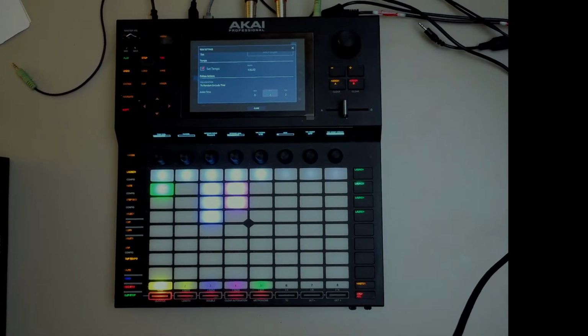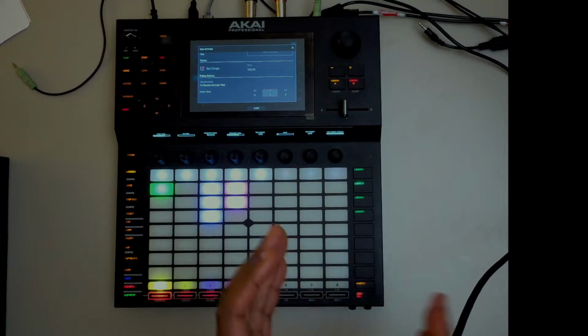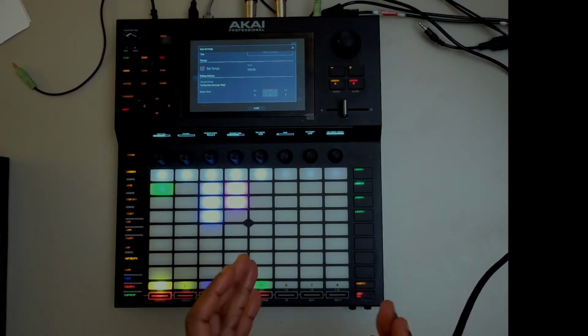So let me explain. What I'm going to do is I'm going to make this change on every 2 beats just to be safe. And the reason why I'll make it change on every 2 beats is just in case I press a note and it's on the bar before. If I press a note or I've played a note and it's on the bar before, then what's going to happen is that note won't play because it'll change halfway through a bar. But if I do it to 2 beats, there's more chance of it playing. If you see what I mean.